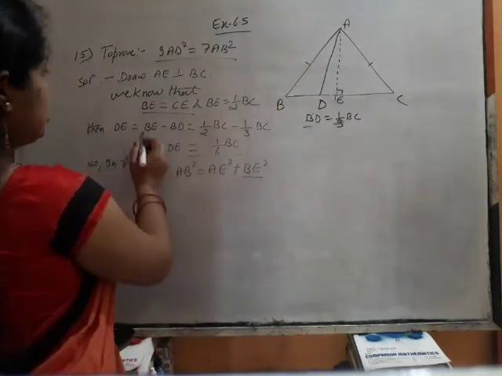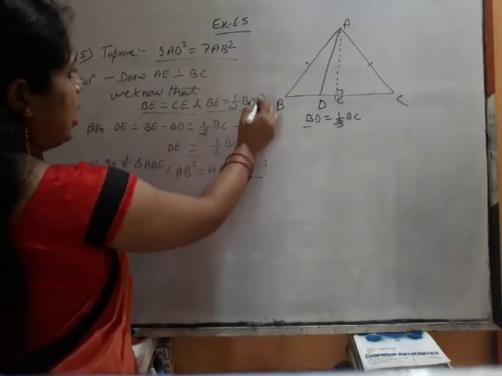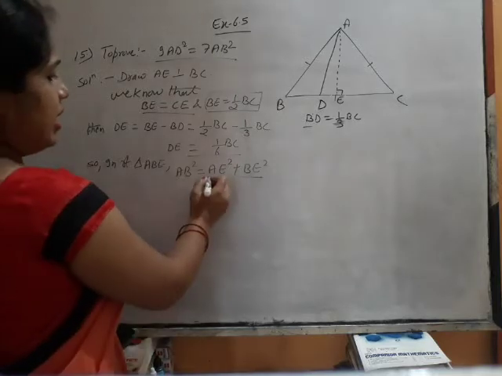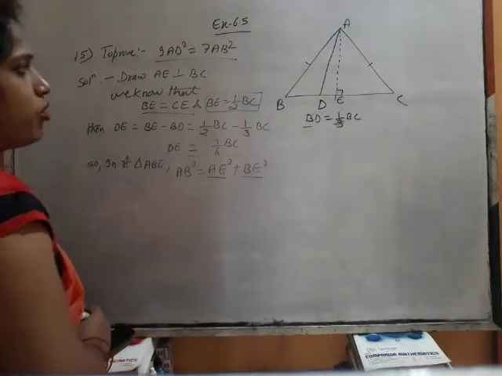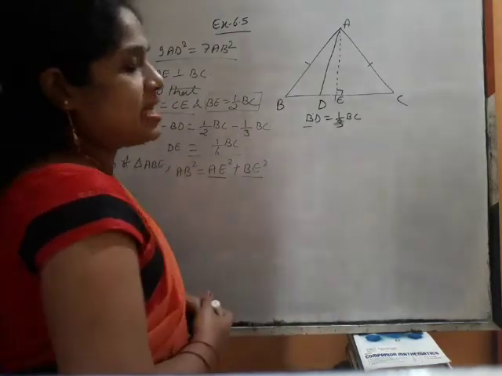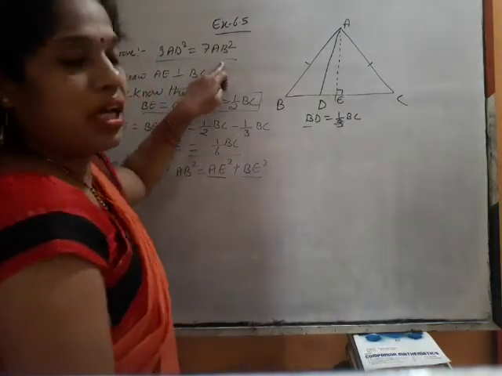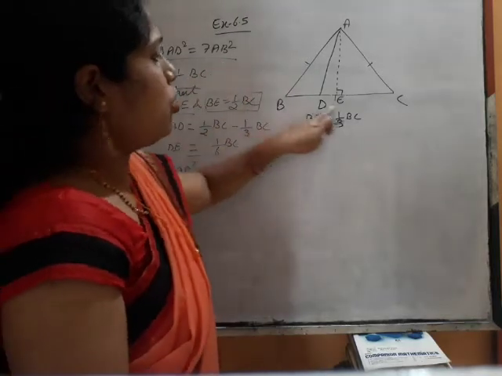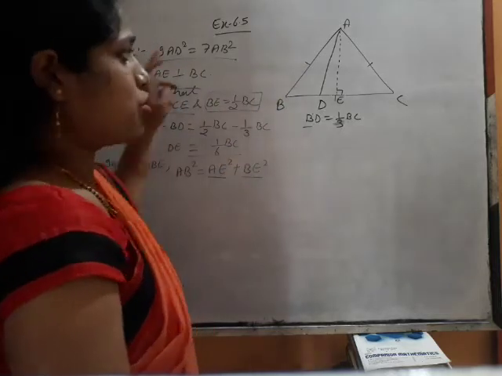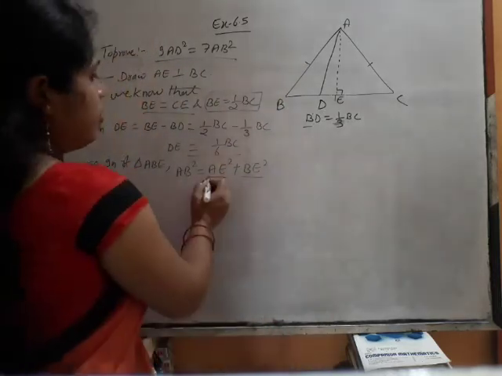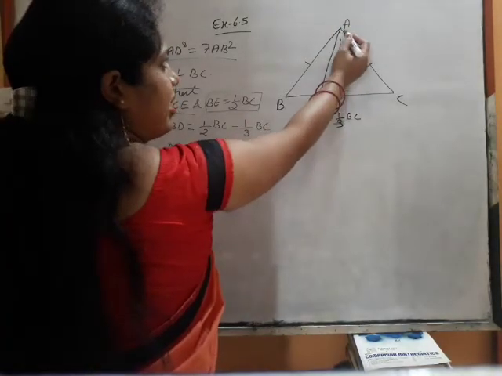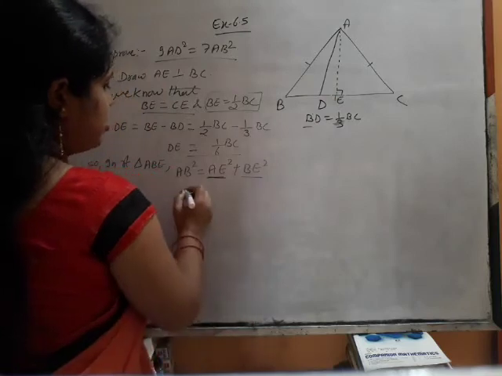Here we have got BE is half of BC. So this AE also can be changed in the form of BC. Why in the form of BC? Because all the sides are equal and we need AB finally in our result. So BC can be changed into AB. Now we have AD also. So from where will AD come? Yes, from here AD will come. AE is the perpendicular for the right triangle AED.